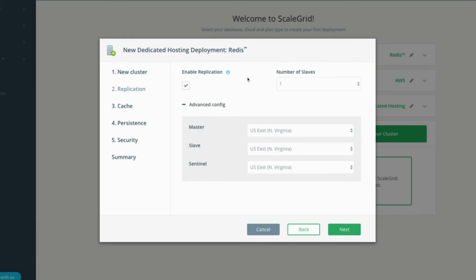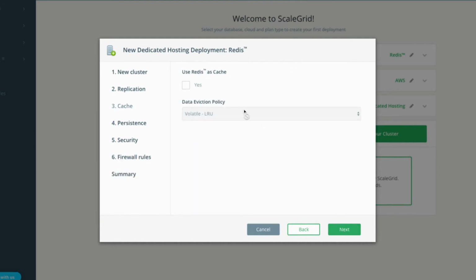On the next page, you can enable replication for your deployment. Select the number of slaves, customize the cloud region for your master slave setup, and click Next. Select whether you'd like to use Redis as a cache, and if so, select your data eviction policy and click